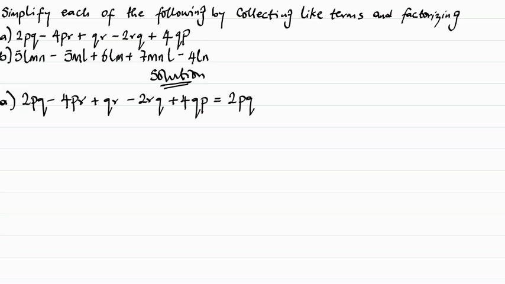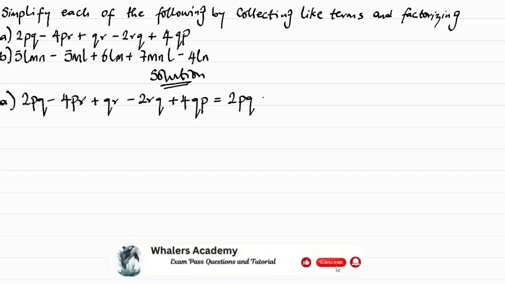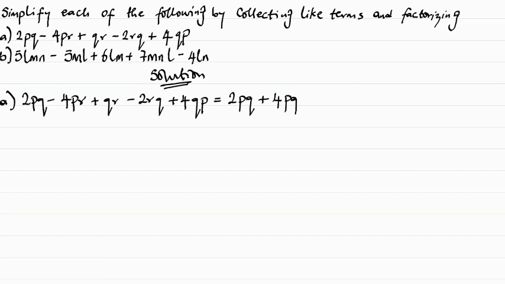2pq. Next we have a plus 4pq minus 4pr plus qr minus 2qr. Solving further, we have